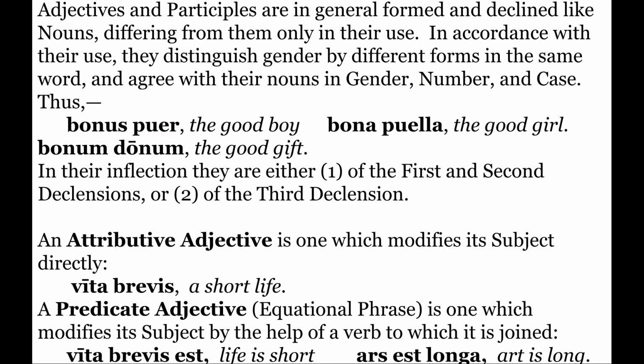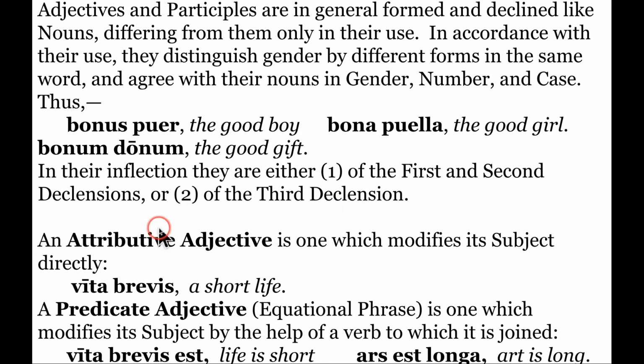All right, let's talk about noun-adjective agreement. Adjectives form like nouns. Their gender, however, is fluid. They can go in all genders because adjectives modify nouns in three things: gender, number, and case. So though the endings are different, bonus puer, the good boy, bonum donum, the good gift, bona puella, the good girl, though their endings may be different, the adjective is still agreeing with the noun in gender, number, case. And they either are the first and second declension, three termination, or three ending adjectives, or third declension,